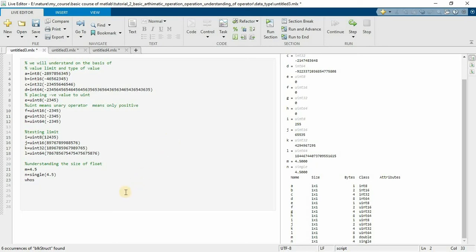So the purpose of data types is simply this. Suppose one programmer stores 4.5 in A, and some other programmer stores 4.5 as a single.